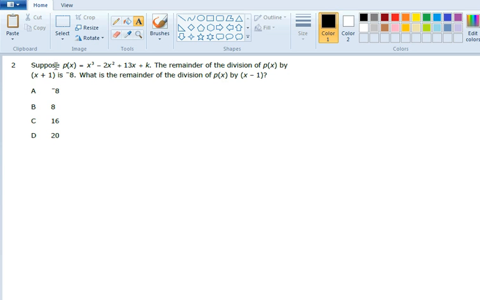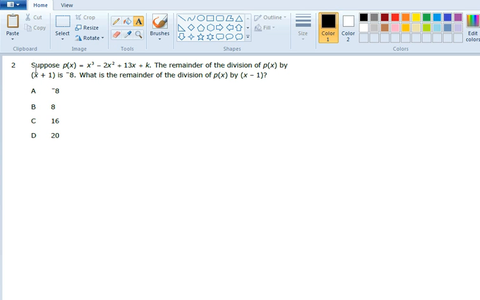So first of all, they give us this information. The first two sentences are giving us information. The last sentence is asking the question. So first we need to use the first two sentences to get all the information we need. So x cubed minus 2x squared plus 13x plus k, and we divide that by x plus 1, the remainder is negative 8. Well, we know the remainder theorem